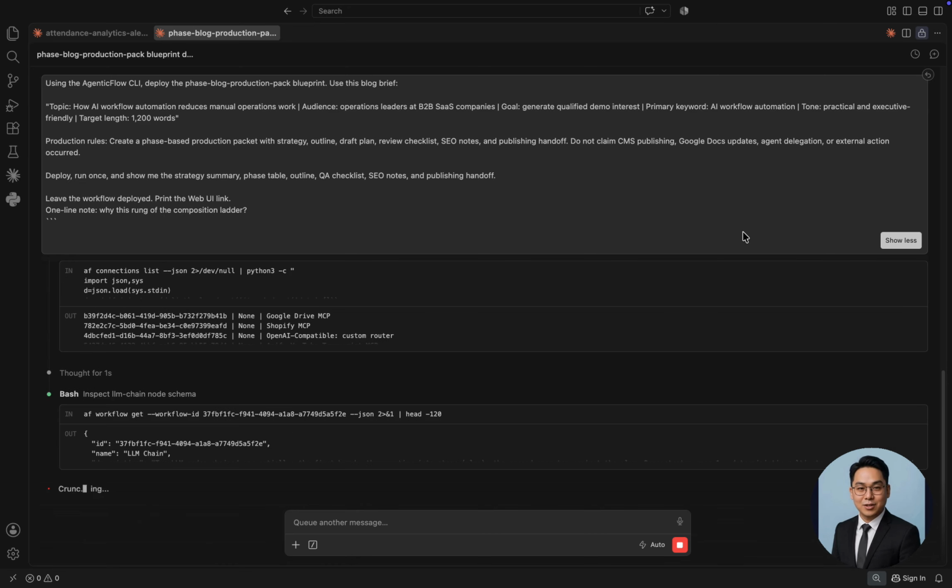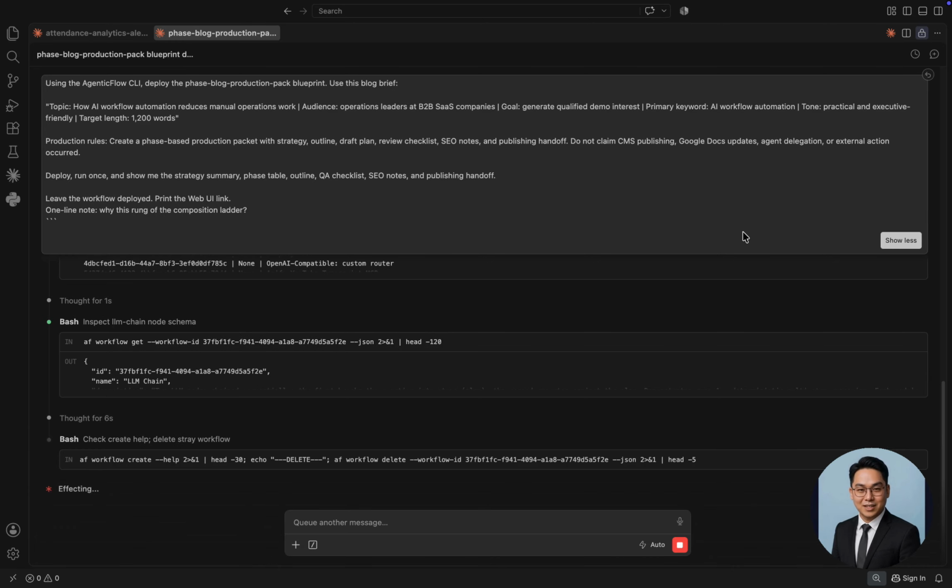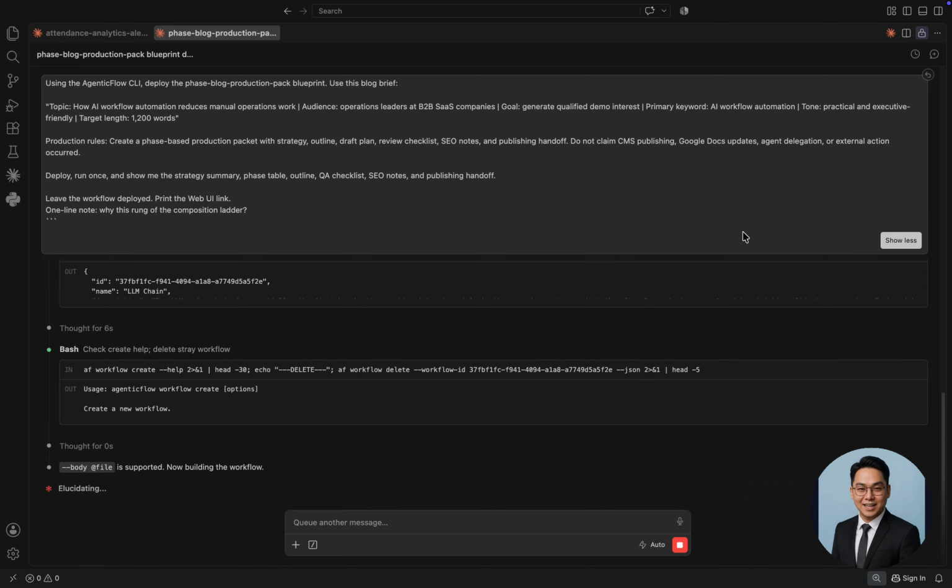This blueprint front loads all of that thinking, turns a one paragraph brief into a phase by phase production packet you can actually hand to